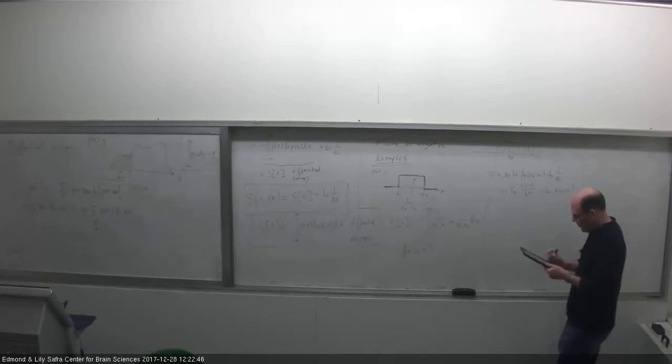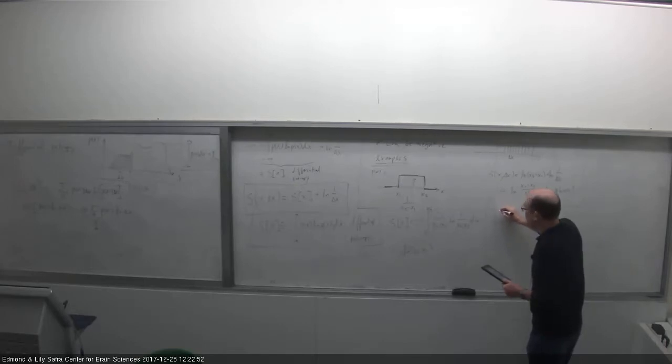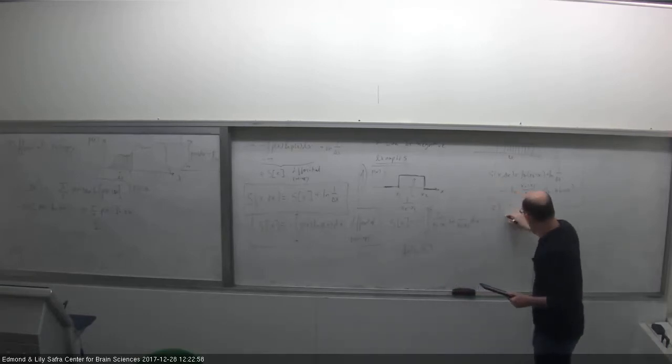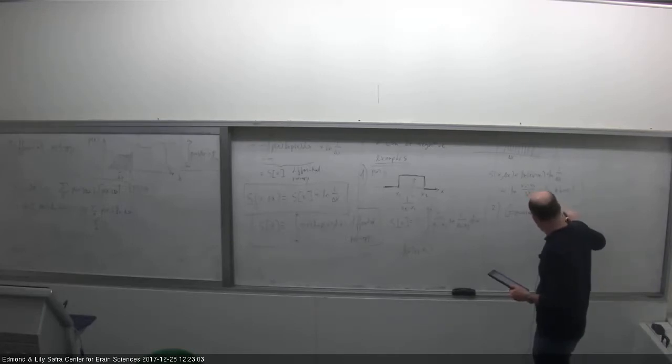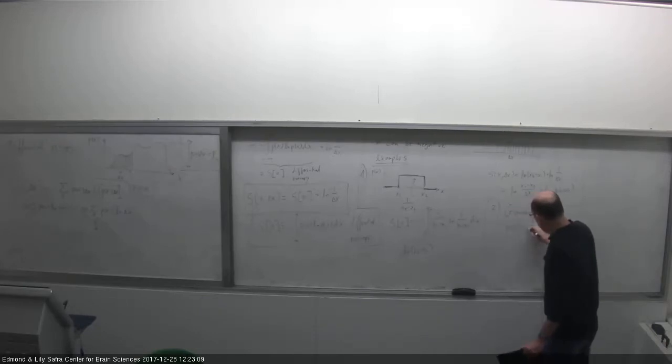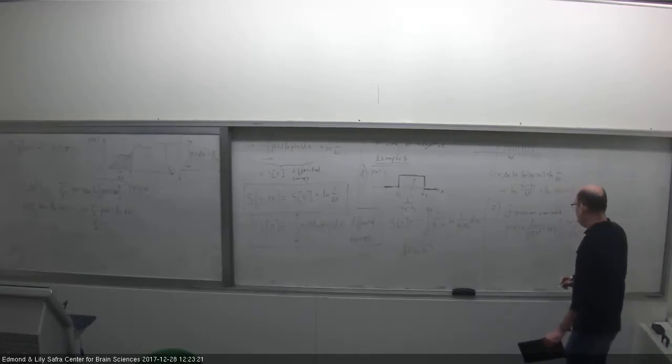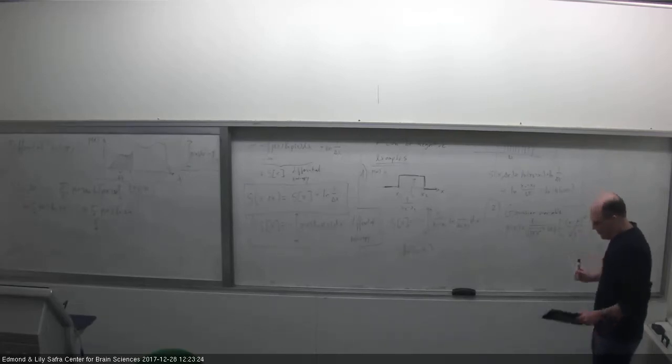And let's do another slightly more interesting example. So this would be example 1, and example 2 would be a Gaussian variable. So p of x is 1 over square root of 2 pi sigma squared, exponent of minus x minus mu squared divided by 2 sigma squared. This is the general form of a Gaussian variable with mean mu and standard deviation sigma. Okay, so we need to calculate the